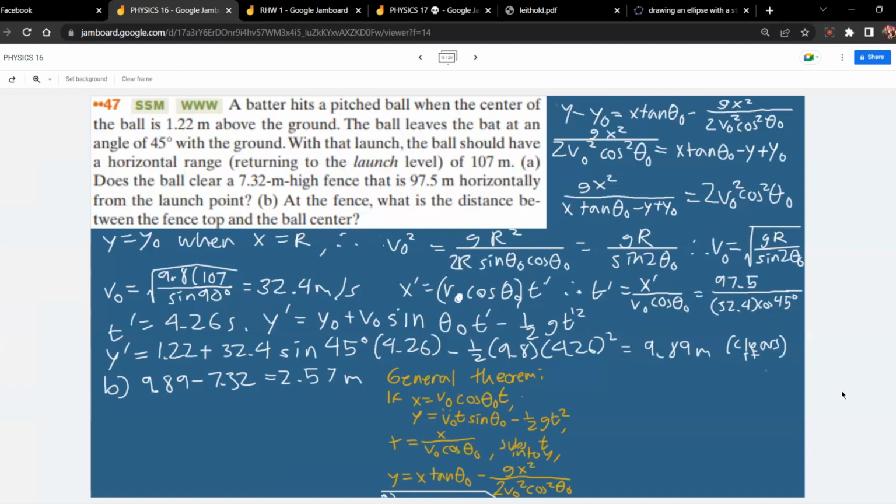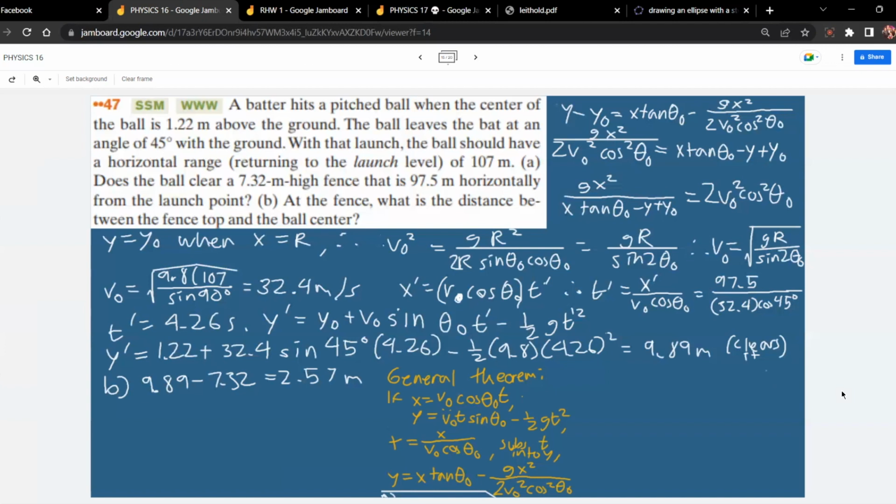Pero yung higher courses, kailangan mo ng maayos na argument. Pag physics major ka, or let's say engineering ka,